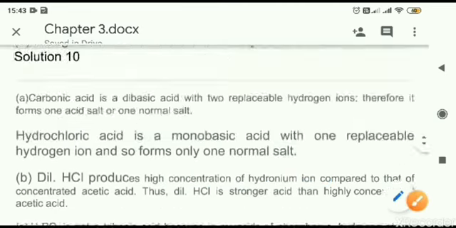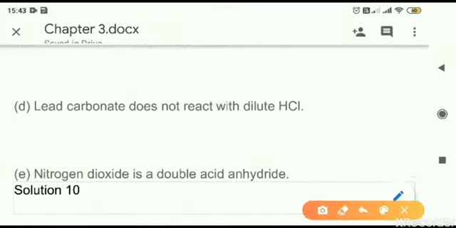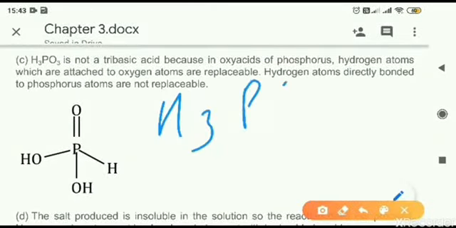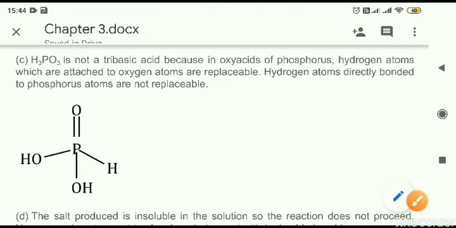Next, now the C part question you will see, that is H3PO3 is not a tribasic acid. This in the class already earlier we have discussed, H3PO3 here they have asked, it is not a tribasic acid. Generally what is happening is we confuse the basicity with the number of hydrogen atoms. Here we can see the hydrogens are 3 in number, and we will say because 3 hydrogens are there, the basicity will be 3. It is a tribasic acid, but it is wrong. It is not counted on the basis of number of hydrogen atoms. What is done is it is based on the structure you see here.